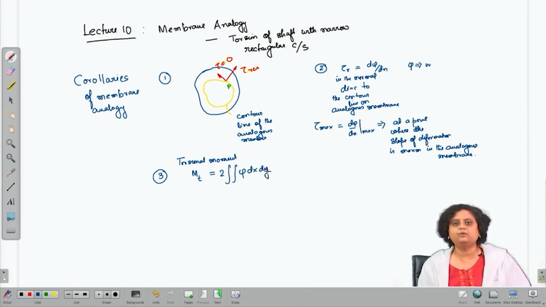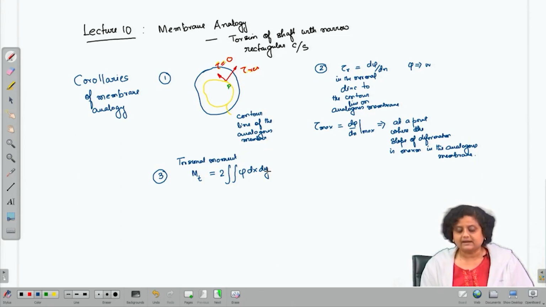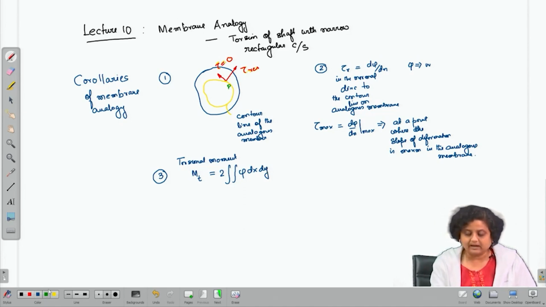This we have seen when we were discussing the Prandtl stress function. Now, since phi is analogous to W, or the out of plane deformation of the membrane,